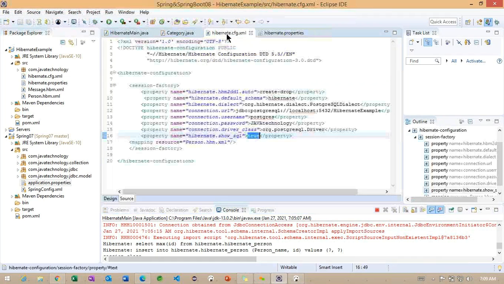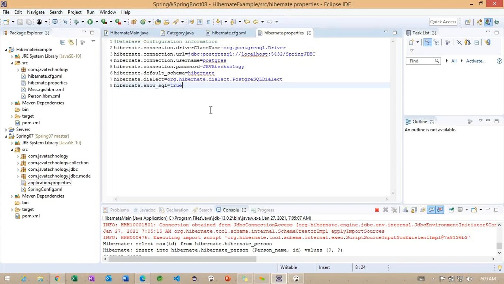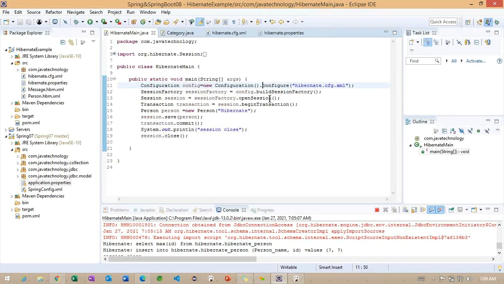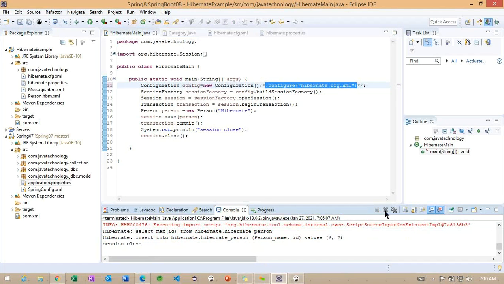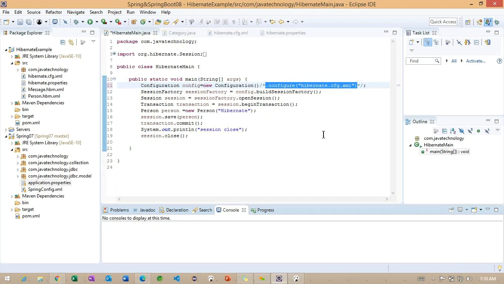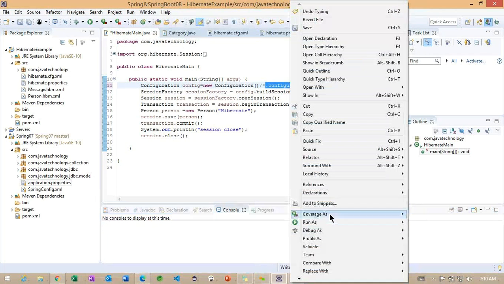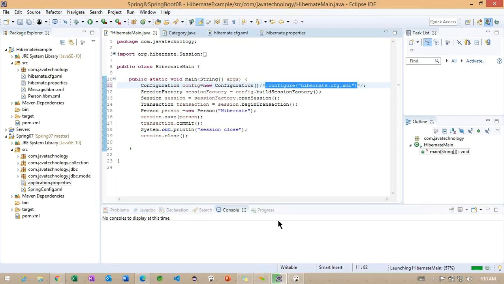Okay. So now we specified a hibernate.properties file here. What I can do, I will go back to this particular configuration file, and I want to comment something. Only the configuration object is created here. If I run the same example, is it going to run successfully or give an error?